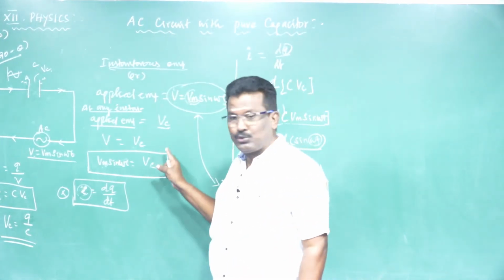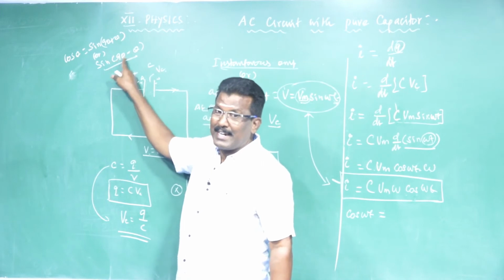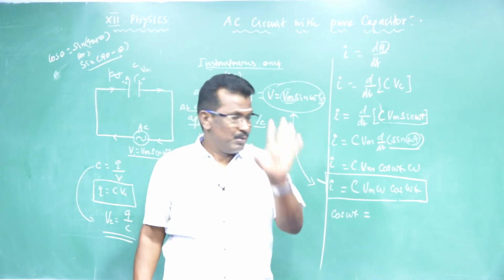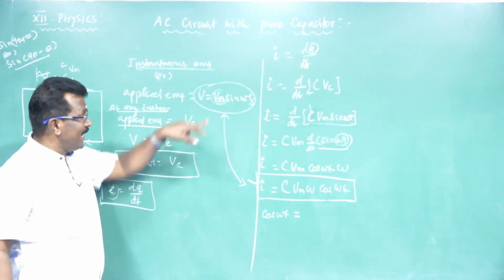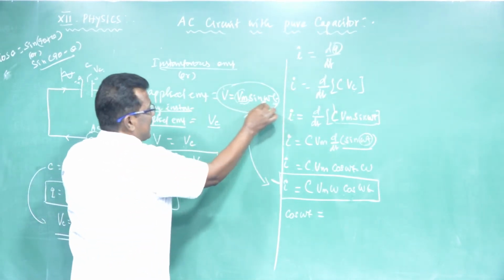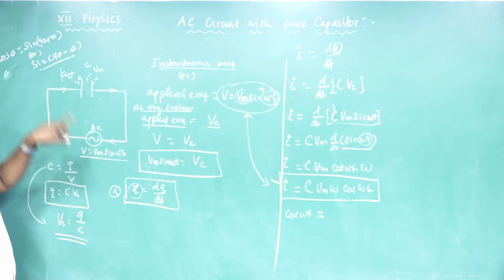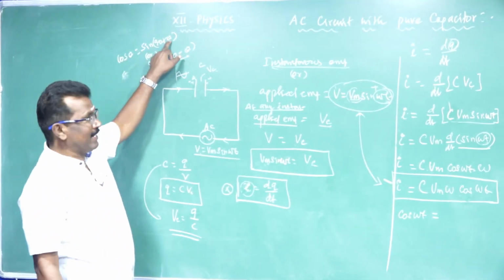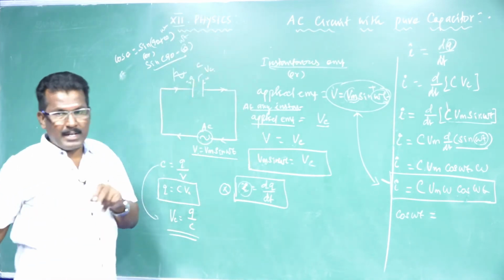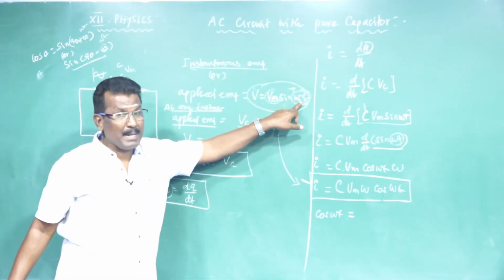Which one do I want to choose from these two? Cos theta could be written as sin 90 plus theta or sin 90 minus theta. So there are two formats, and we choose according to the instantaneous EMF. Instantaneous EMF V is equal to Vm sin omega t. Here omega t is positive, so cos theta could be written as sin 90 plus theta, where theta is nothing but omega t. So I choose this format, not the other one, because the function sin omega t is positive.